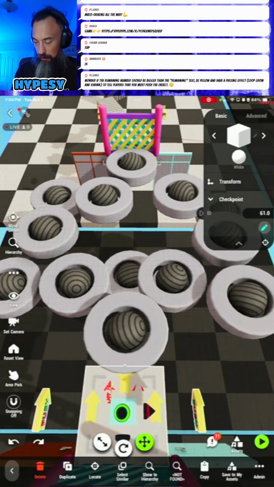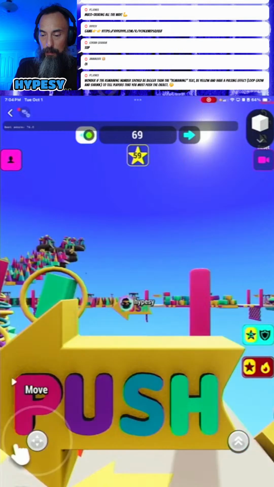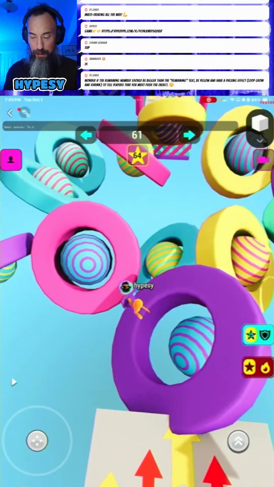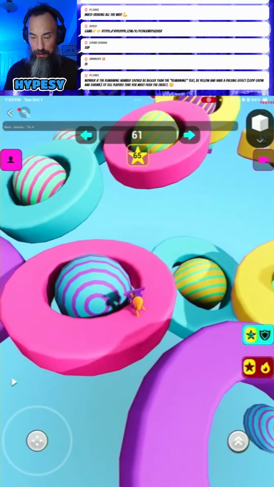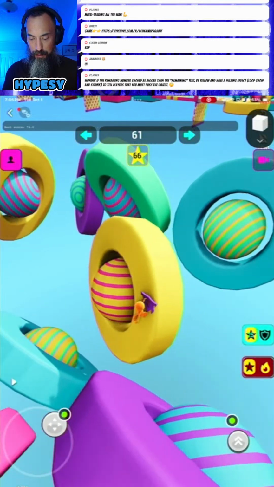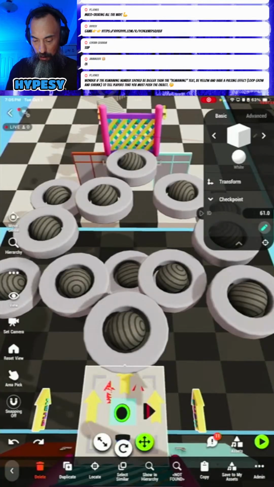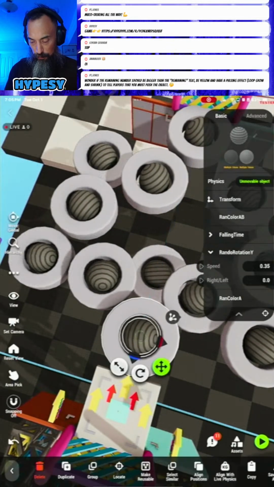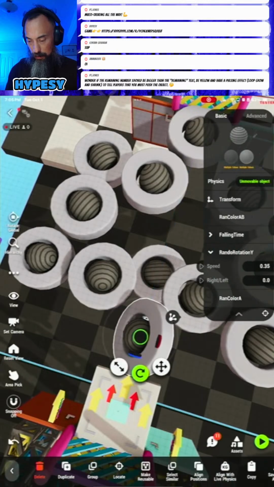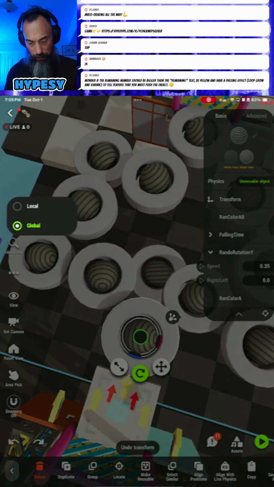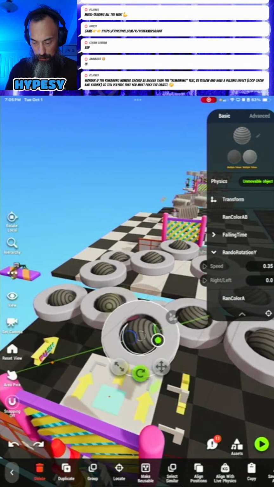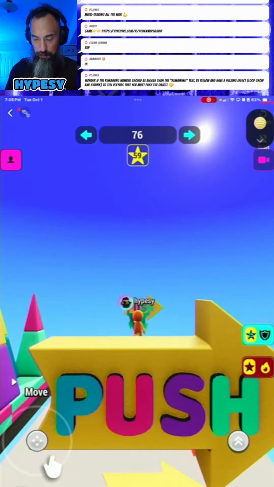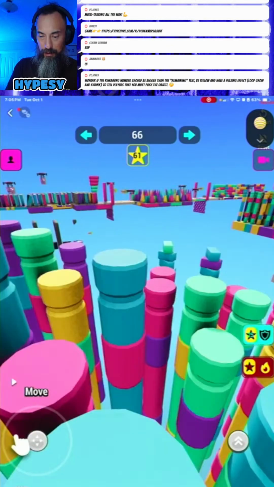What level is this? 61. Okay, so let's try level 61 out. The middle ball moved and you can only hit the side. Oh, and you know what I just noticed? They're all kind of. What was that, 61, 64?